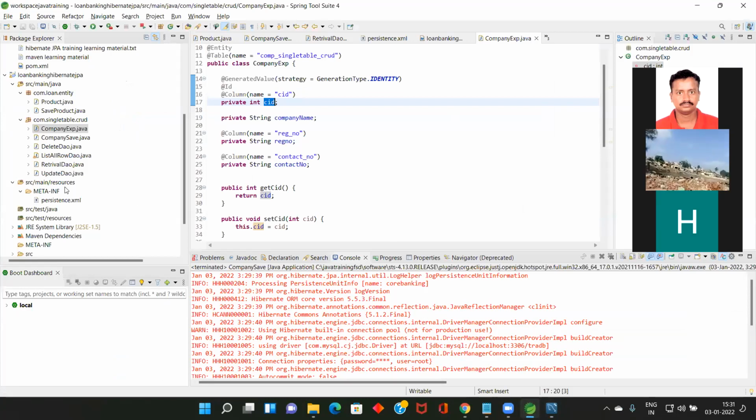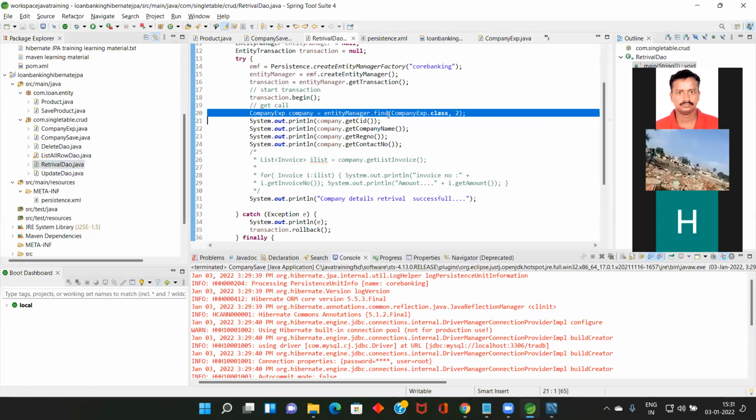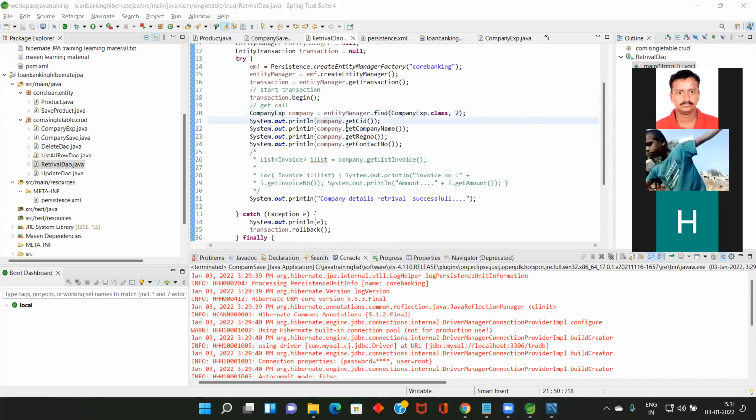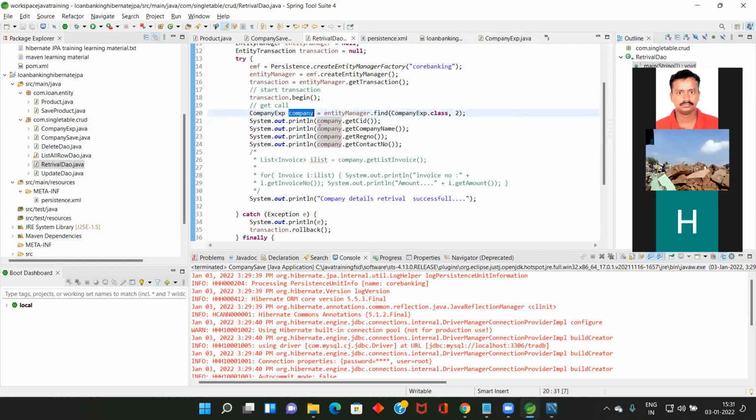Let me go here and retrieval. So to pull the record from the database, this is the one line. After this, see here, this one automatically comes as an entity. It pulls the record from there and converts that into an entity and all the values are here, and I am just retrieving the value from this object.